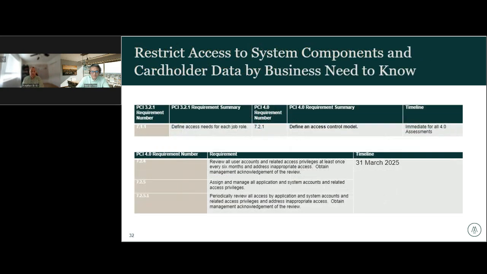Okay, going back. So historically, organizations needed to have a matrix, just that you can see in the top left, 7.1.1, where they define the access needs for each job role. So, for example, a database administrator needs access to a database. Well, the PCI Council is taking this to the next level, where in 4.0, they're requiring organizations to have